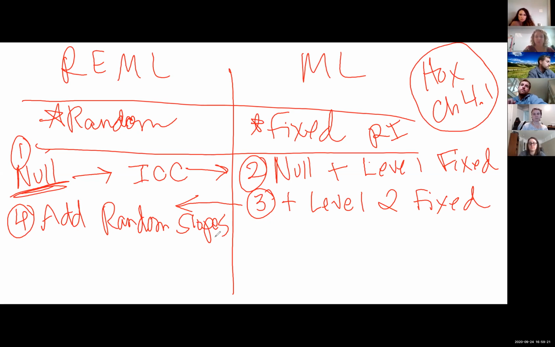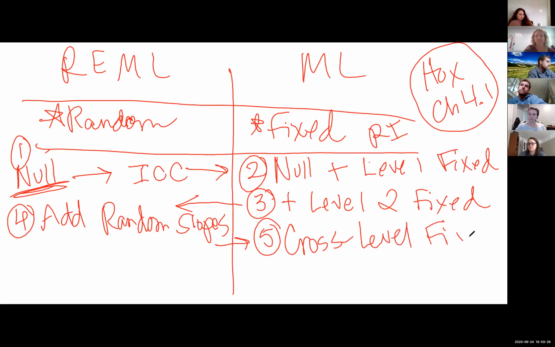Then we're going to switch back to using ML to look at cross-level fixed effects. Unless we have theory to guide us, and lacking theory to go on, this is the bottom-up approach. We start with nothing, we add level 1 fixed effects, level 2 fixed effects, then random slopes, then cross-level interactions. And then the last step